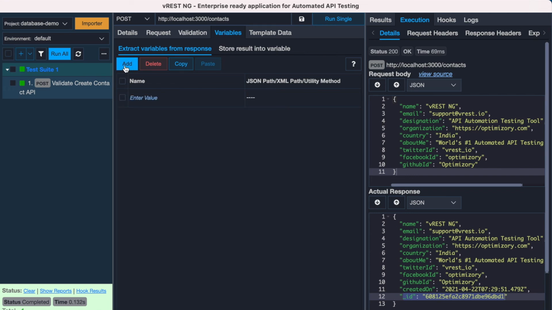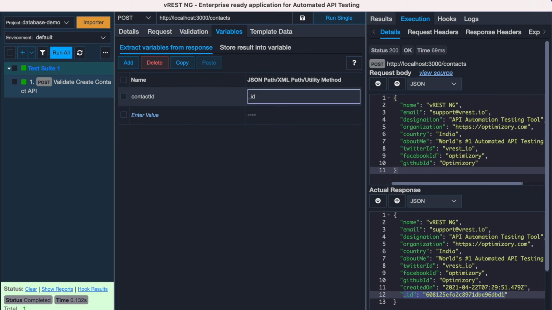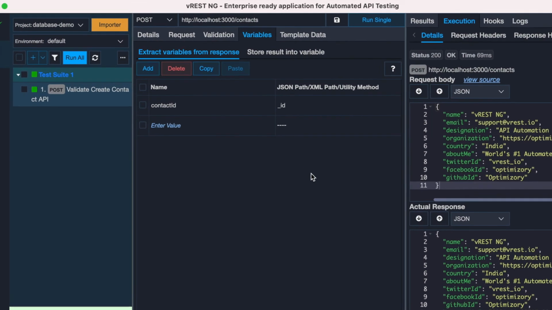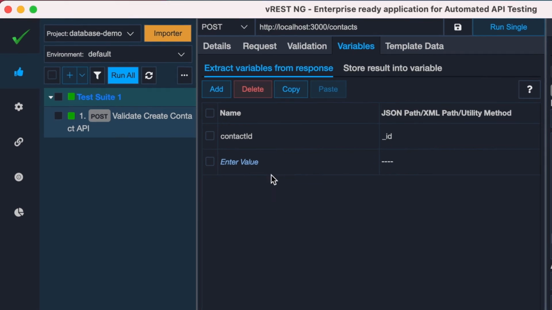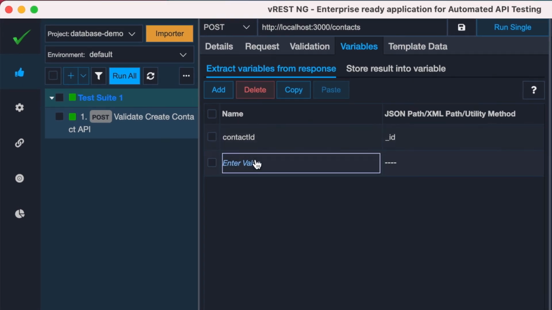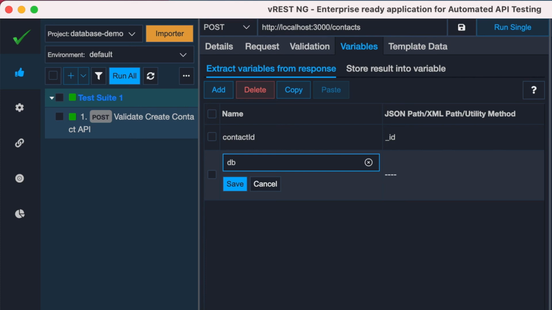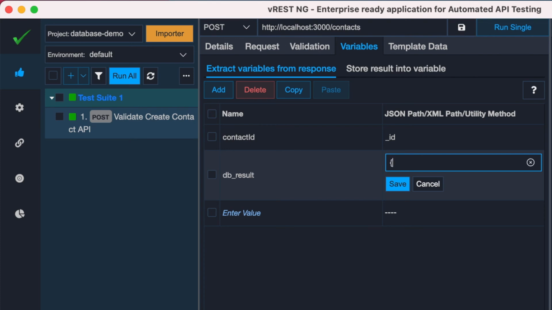So for that we will add a variable, say contact ID, and here we will provide the JSON path. For this the JSON path will be underscore ID. So it will extract the underscore ID field from the API response. Now let us try to fetch the database result as well for this particular record. So let's name it db underscore result, and in the next column you may invoke the utility method which we have just created in our previous tab. So our utility method name was find record by ID,